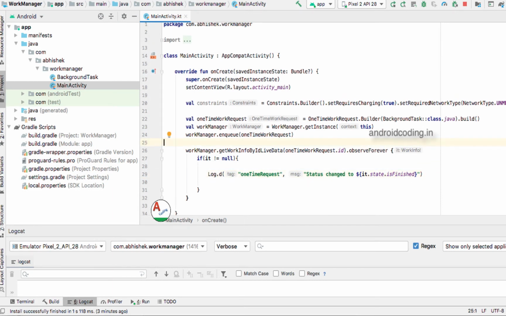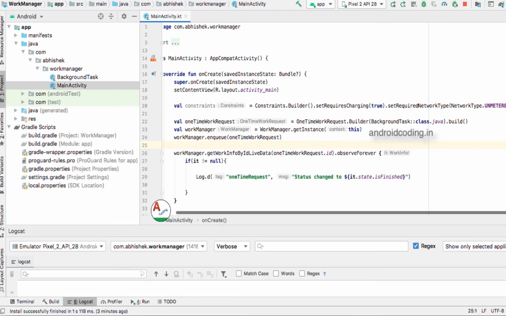As I said, you want some images to be uploaded, and you can start the coding. You can set a few constraints, like checking whether your network type is metered or unmetered. As I said, your internet is limited or unlimited. Whenever it is limited, you can skip the task, and whenever the network is unlimited, you can start the task.